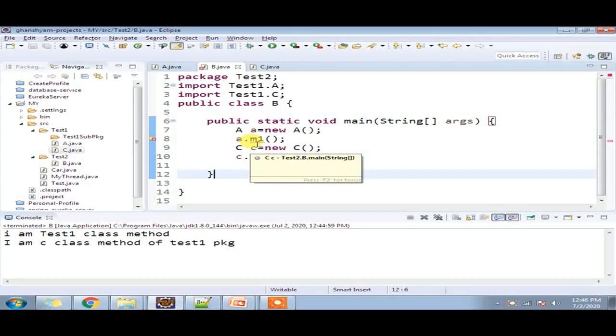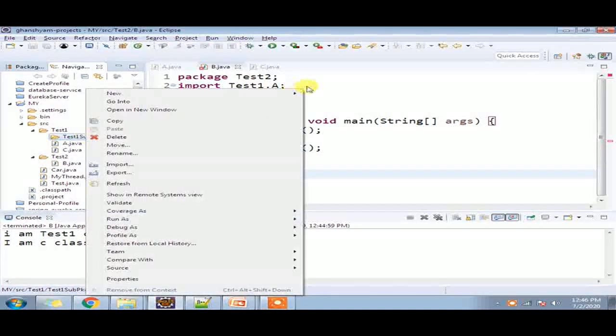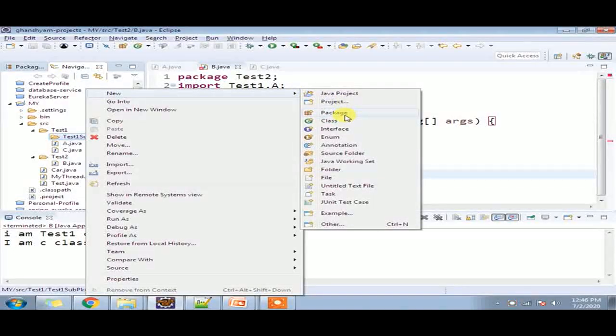But how to access the protected method? For the protected method, you can access it within the same class or within the sub package. So here we have created one sub package which is test1 sub package. If you create one class within this